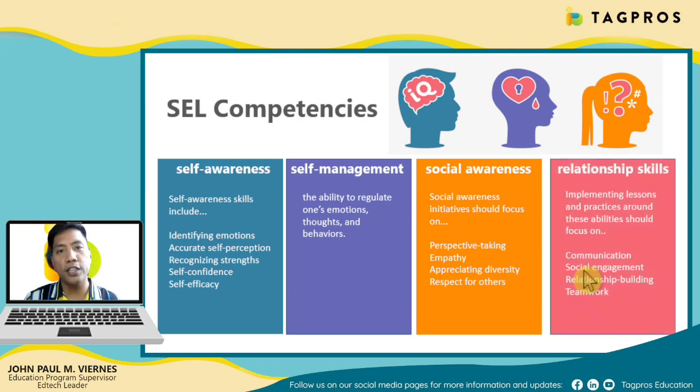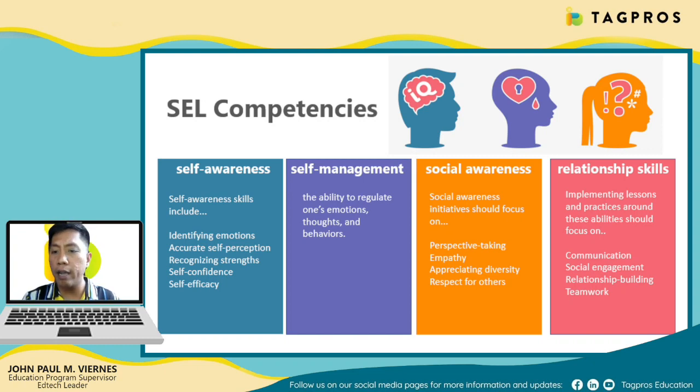Now, let's go to the fourth of the core competencies of CEL, which is relationship skills. Within and beyond classroom walls, relationship skills are critical to students' success and well-being. We should agree to that. Relationship skills are defined as the ability to establish and maintain healthy relationships, cooperate with others, communicate clearly and listen well, resist social pressure, negotiate conflict, and seek or offer help as needed. Implementing lessons and practices around these abilities should focus, says here, on communication, social engagement, relationship building,